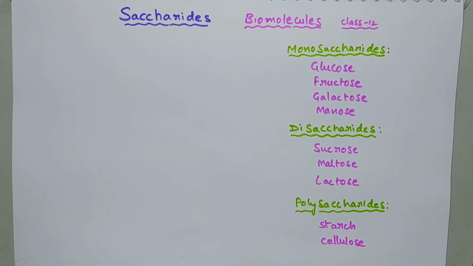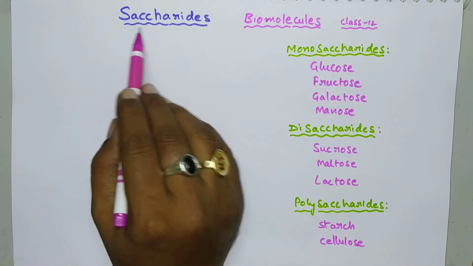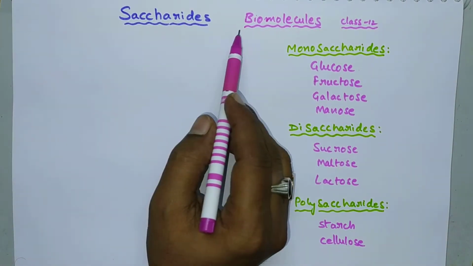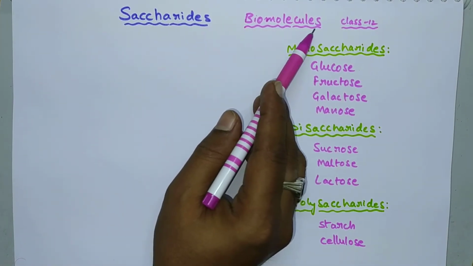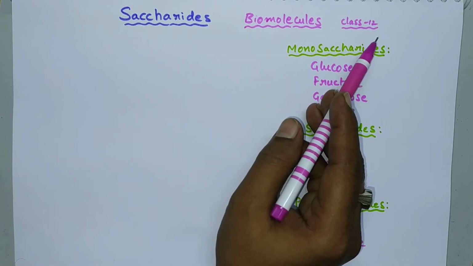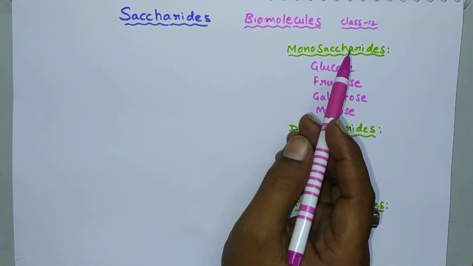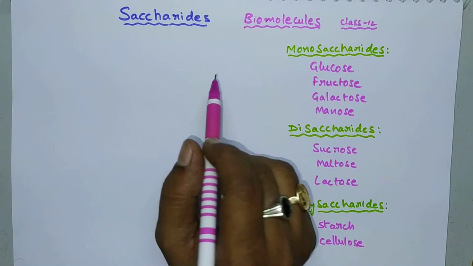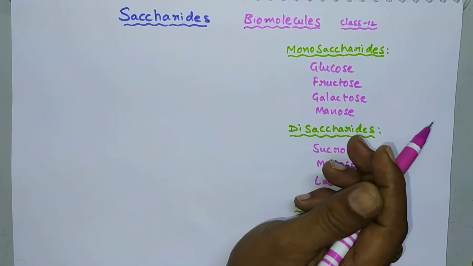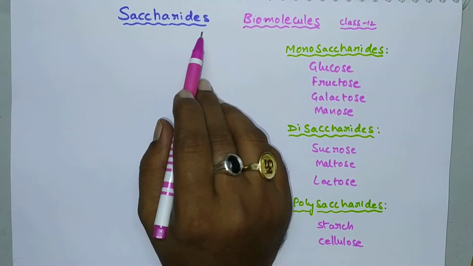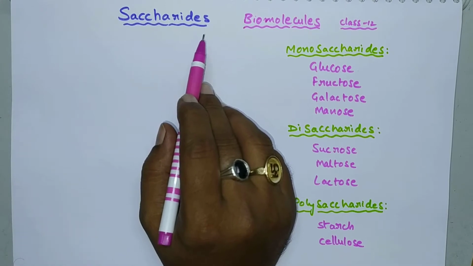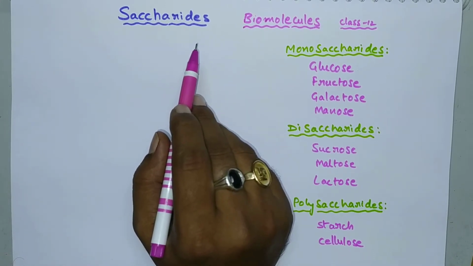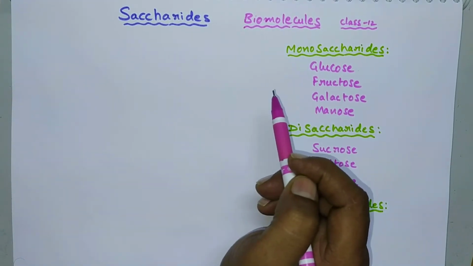Hi students, today in this session we are going to discuss different types of saccharides. This is from biomolecules of class 12. In this video we are going to discuss various types of saccharides in detail. Saccharides means sugars. I hope it will become a lengthy video, but it will provide you the entire information regarding